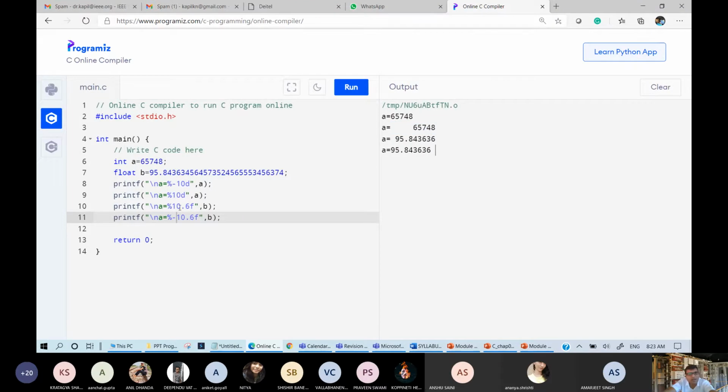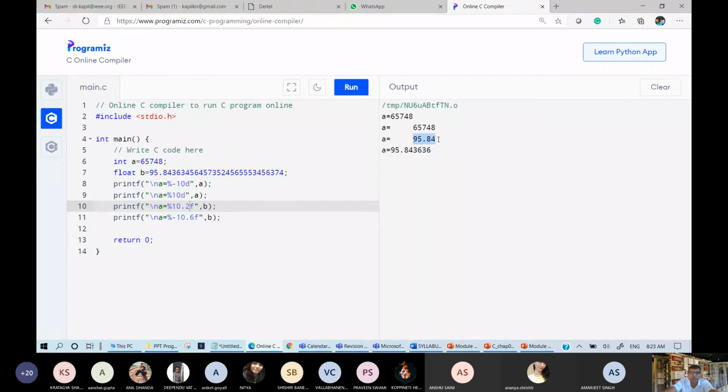Now come to %10.6f. Okay, %10.6f. So here you can see the number 10.6: 1, 2, 3, 4, 5, 6, 7, 8, 9, and this space, if you include space, it will be 10. Yes or no? And after the decimal, there will be 6 places only. If I am writing 7, then it will automatically start from here. If I am writing 2, okay, let me write 2, so spaces will be created. Here you can see that spaces will be created.